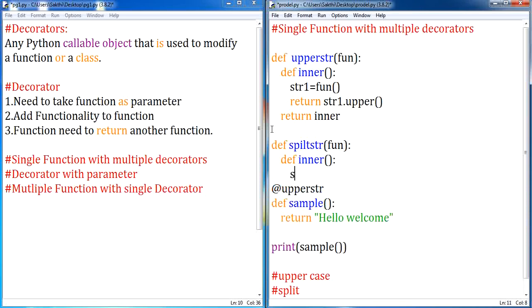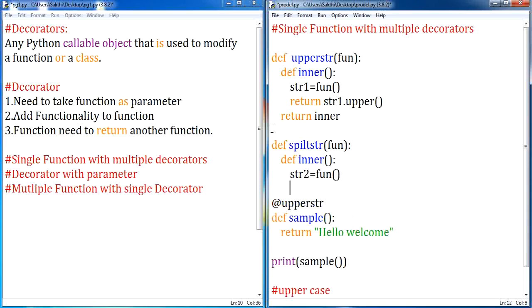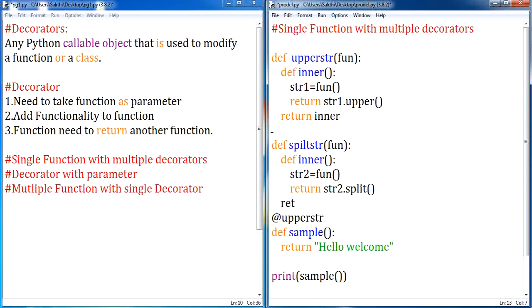And here let me declare one more variable str2 and receive the string from this sample. And right now I want this data to be converted to, not to convert it, I want it to be split. So let me implement the string2 dot split method. So by using the split method, I am splitting the data, and return inner.